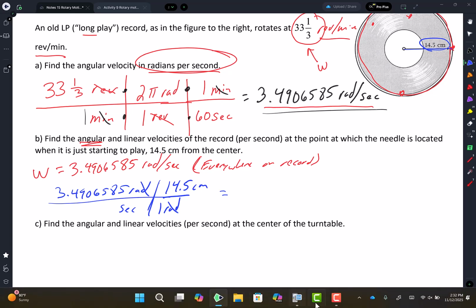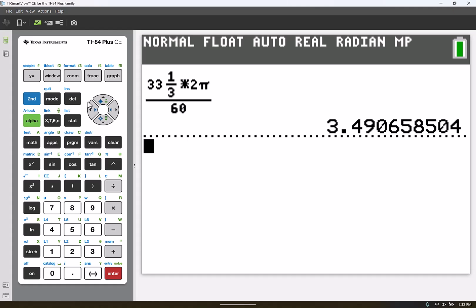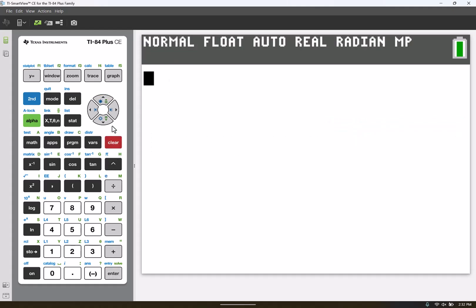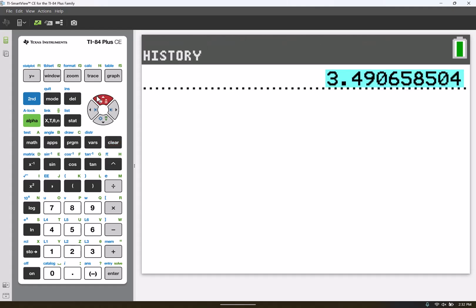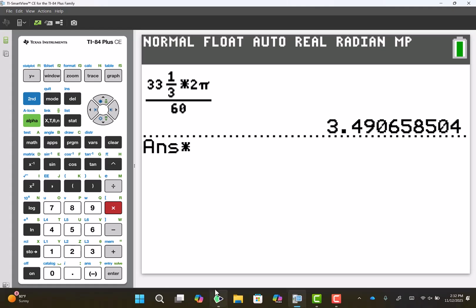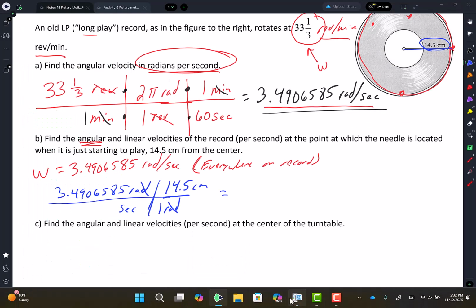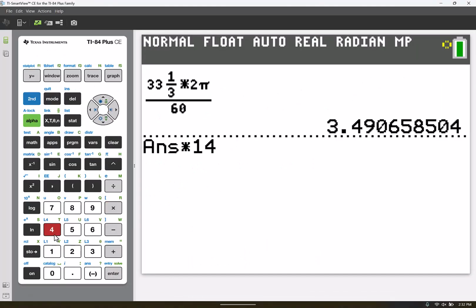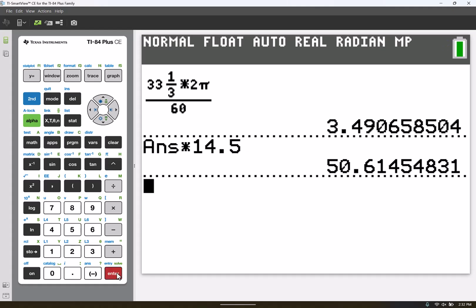So I come to my calculator. You don't have to do the T thing. You can just go this number. So scroll up, enter. Or actually, you can just type, it's still there. Let's scroll up. Yeah, it's still there. You can just type enter, watch. Or times, there it is, answer. Times 14.5, enter. And there it is,